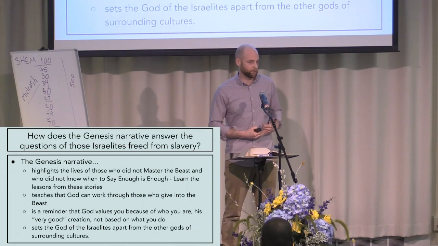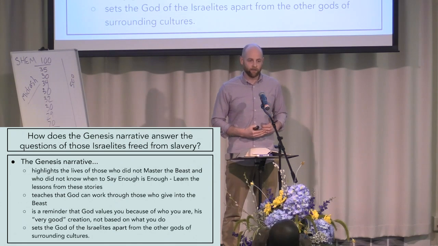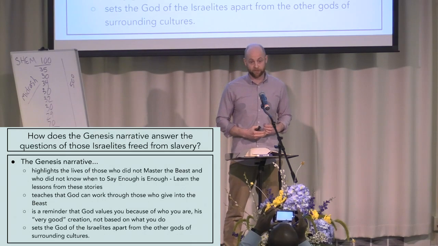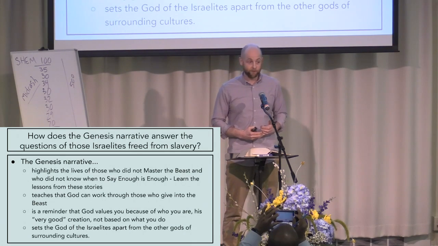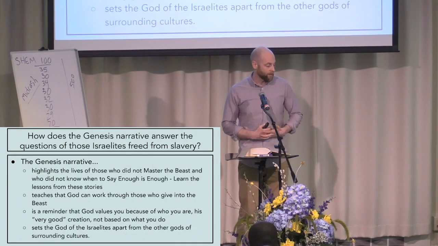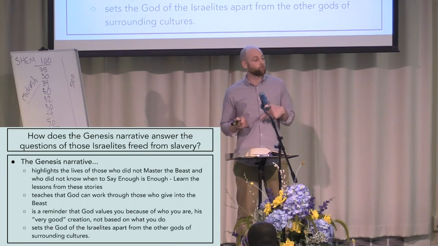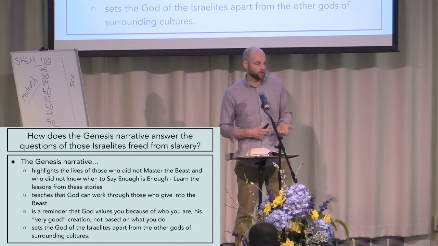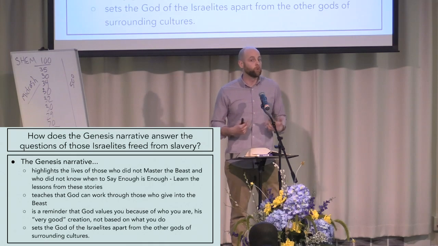Abraham wasn't perfect, but he was given the promise, right? There's covenants made with imperfect people. David was not a perfect person. He was a murderer, but he was David, right? He was King David. A lot of good. It is a reminder that God values you, not because of what you can do, not how many bricks you can produce, as Lee mentioned early on in our series, but who you are.